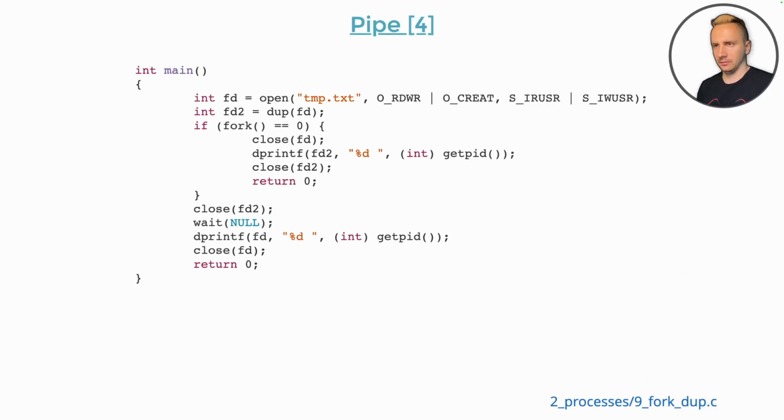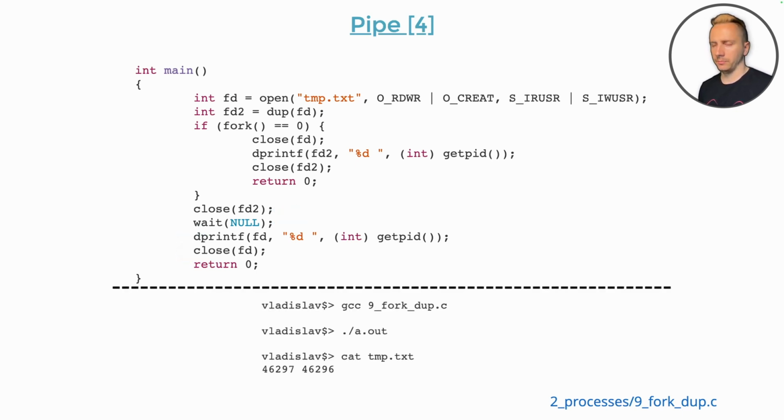Let's firstly test if it is indeed working like this. Here again, I created, opened the file, text one. I duplicated the file. Then I created a child process using fork. I closed one of the descriptors and wrote something to another one. Then in the parent I closed another descriptor, waited for the child to end and wrote something to the another descriptor. And when I print the result of what is stored in the file, I will see that it stores